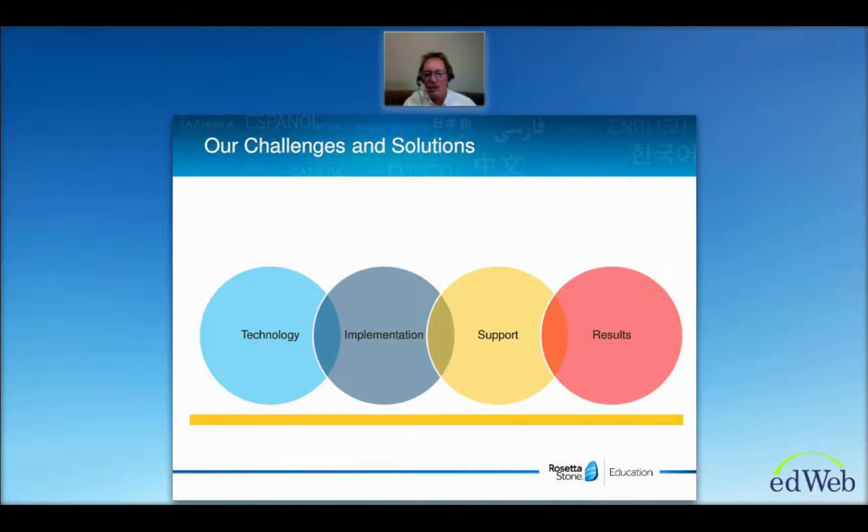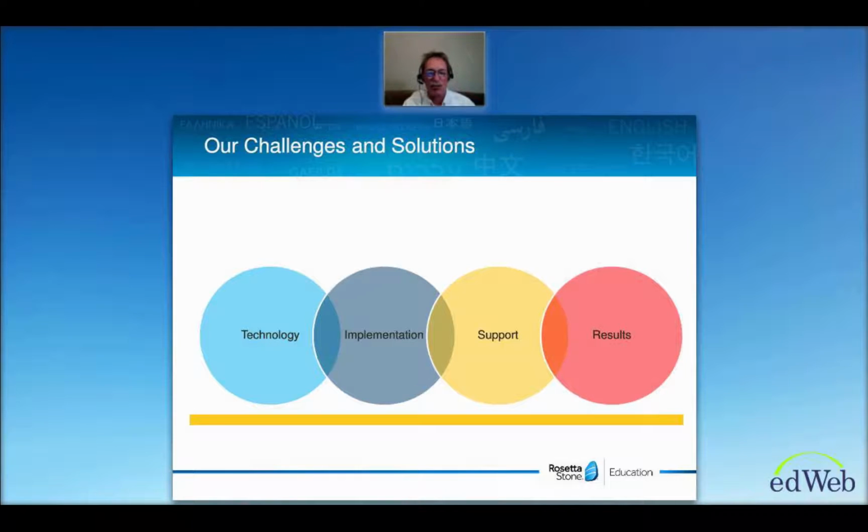Technology, implementation, support, and results. These three key areas. We figured out the technology portion of it very early on. The challenge and the exciting part was, how are we going to do this? And I mentioned the pilot schools before. I would highly recommend that. You'll find out very early on what's going to work and what doesn't, and how it works, more importantly, and how it doesn't work. And once you've got that part figured out, or you're working on that part, how am I going to be able to